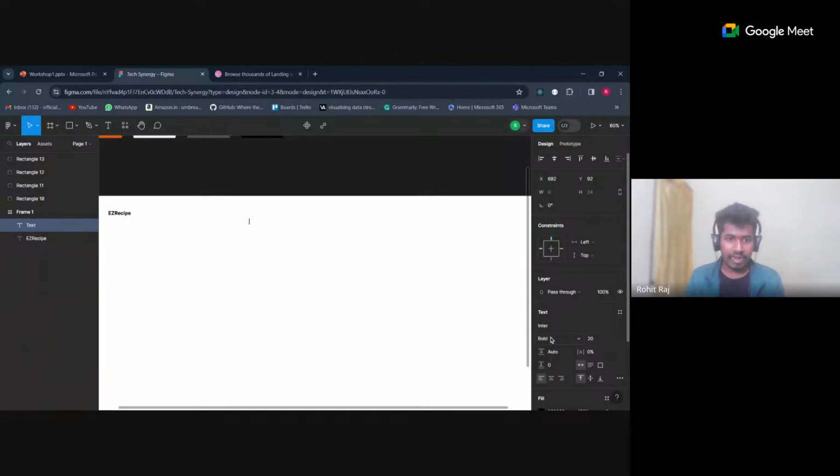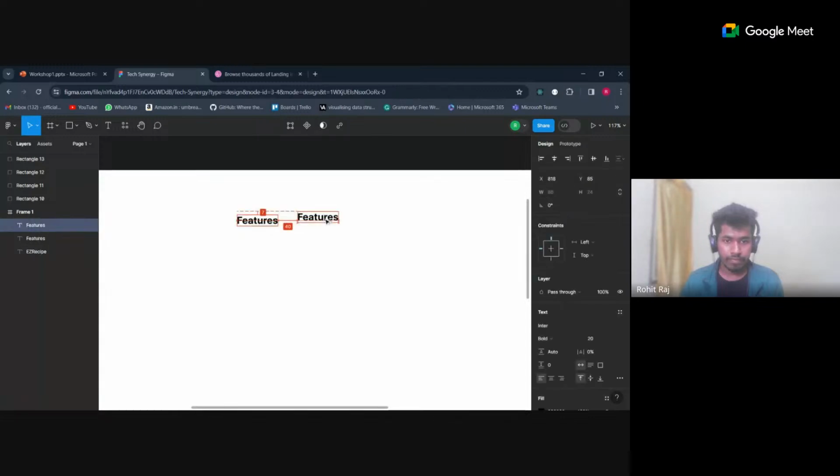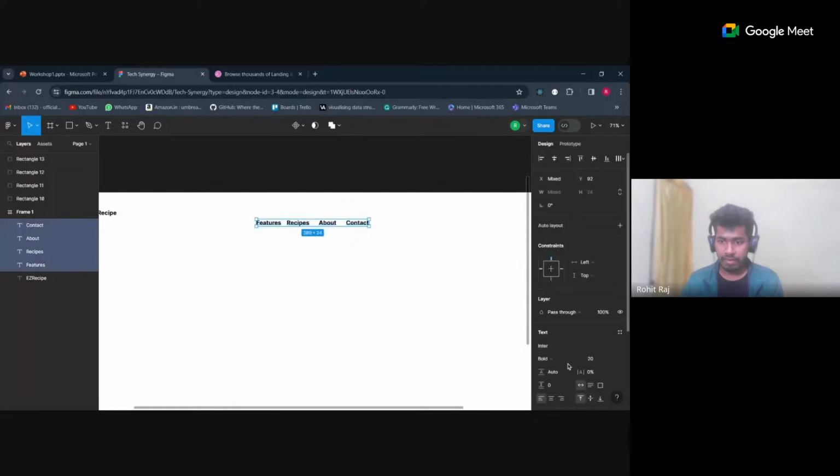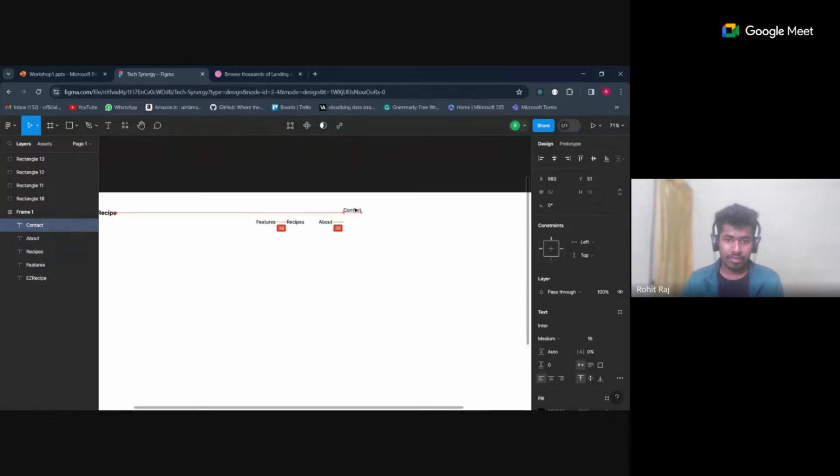Okay, so let's add a few nav links. Let's say features, and clone it. So let's name this recipes, about, and contact. All right, so for now, let's keep just 4 of these nav links, and I'll set the font weight and the font size. Cool. So right now, as you can see, all these elements are independent of each other and